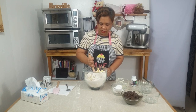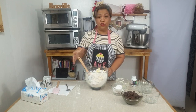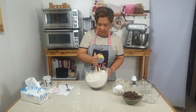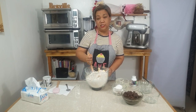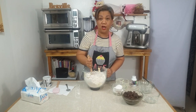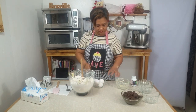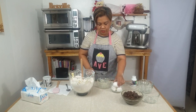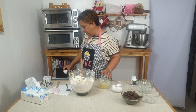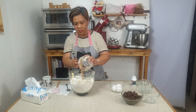If you're making a big batch, it's kind of hard to do it by hand, so I really suggest you either use your hands by putting on a glove or washing your hands really well and mixing it by hand, or using a stand mixer. But yes, it is very possible to do this without a mixer. Okay, we are now adding our eggs. As usual, I will break them one at a time in a separate bowl instead of putting it directly into the other ingredients here, because